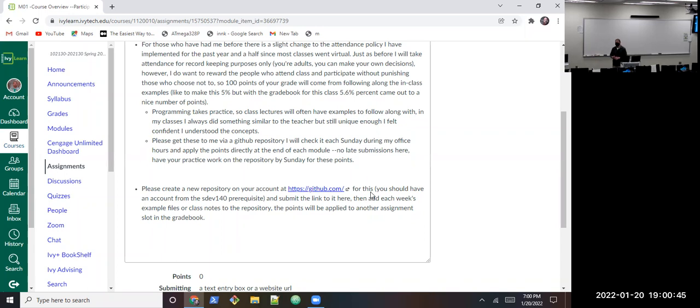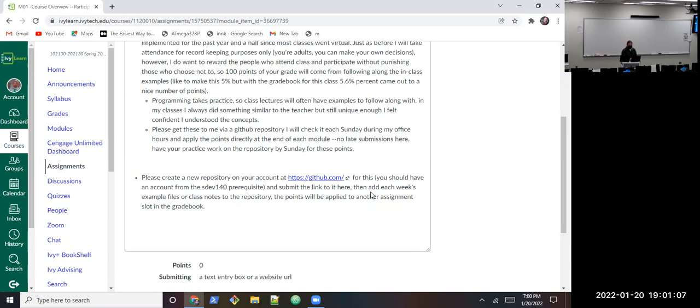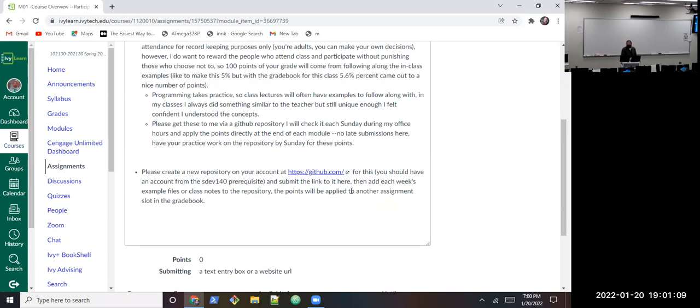So following along with those, in all of my programming courses, what I always did is I tried to do something similar to what the instructor was doing. Maybe not exactly the same, just something similar. That way I felt confident that I was understanding the concepts, but it was still close enough that the question could be asked if I got stuck. But if you give me your practice work, that's really what it is. This subject takes practice. We get better and better by writing more code. So give me your practice work and get those participation points,